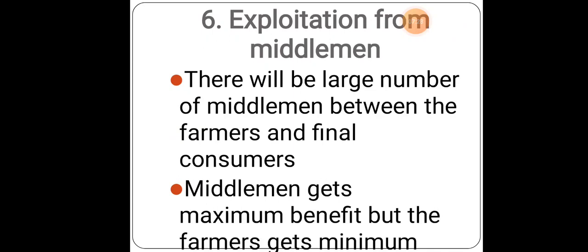Next thing is about the exploitation from middlemen. As I told earlier, these are unfair practices which will be done by the middlemen. So what will they do normally? Maximum benefits will be given to the middleman other than the farmer. The middleman will fake anything, he will tell anything, he will manipulate the person, he will take all the crops and sell them to the end customer with a profit. So it is very much important for the farmer to know the market information, to know the prices the government has fixed. There is even a thing called MSP, that is minimum support price, which we had studied much earlier. The farmers need to know all these things.